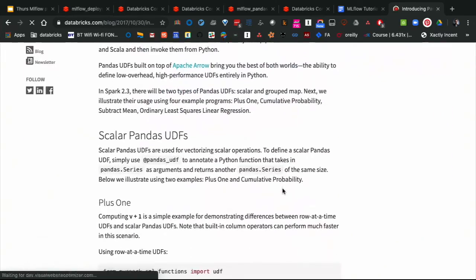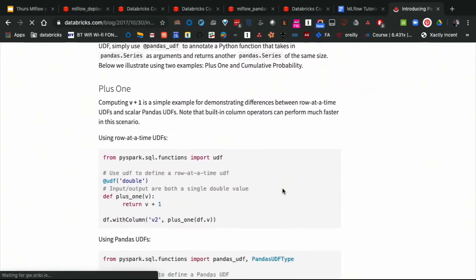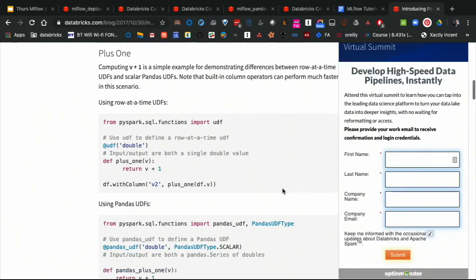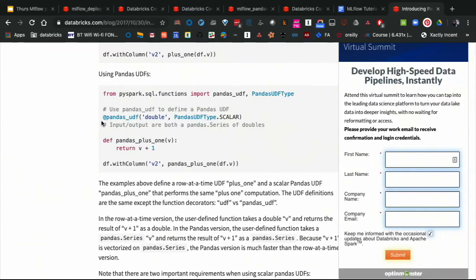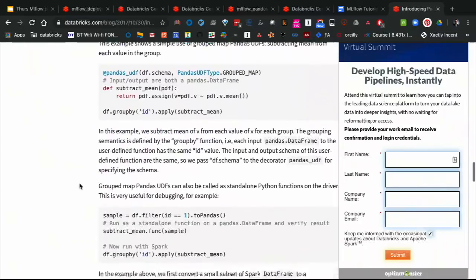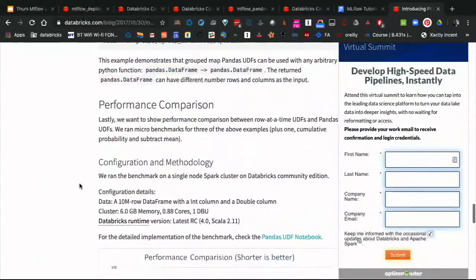Where, among other things, people showed that you could actually use it for pandas transformations of columns that were taking super slow. You would just wrap it in an @pandas UDF decorator, and then it became something you could run in Spark. But something that they didn't really spend much time on, this virtual summit thing's super annoying,